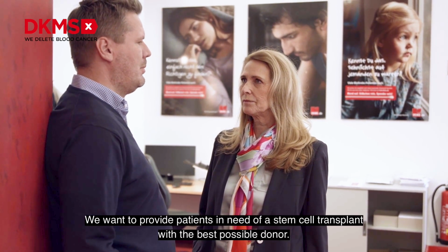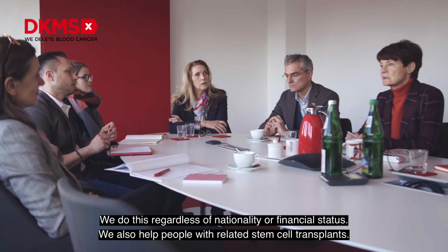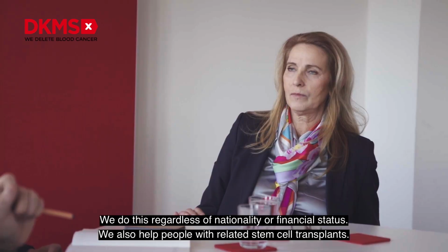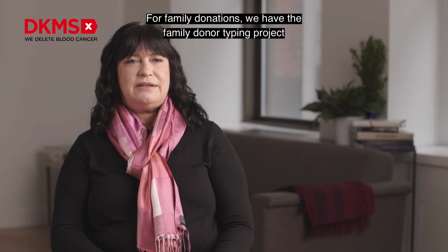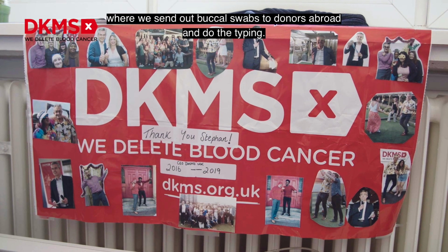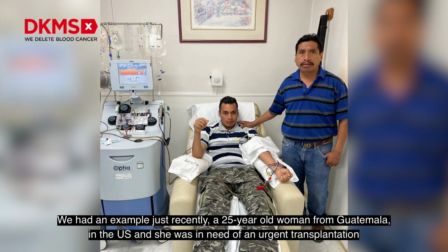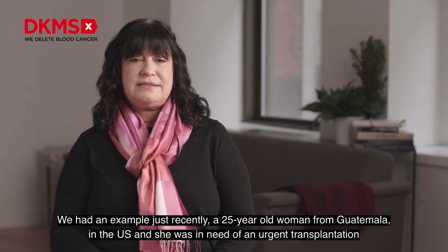We want to provide patients in need of a stem cell transplant with the best possible donor, and this we do regardless of nationality or financial status. We help also people with related stem cell transplant. For family donations, we have the Family Donor Typing Project, where we send out buccal swabs to donors abroad and do the typing. We had an example just recently, a 25-year-old woman from Guatemala in the US, and she was